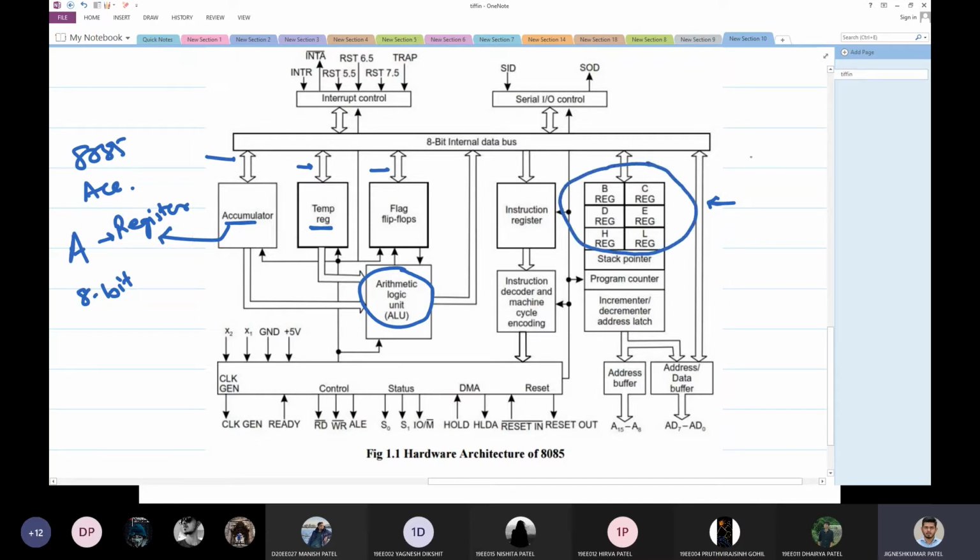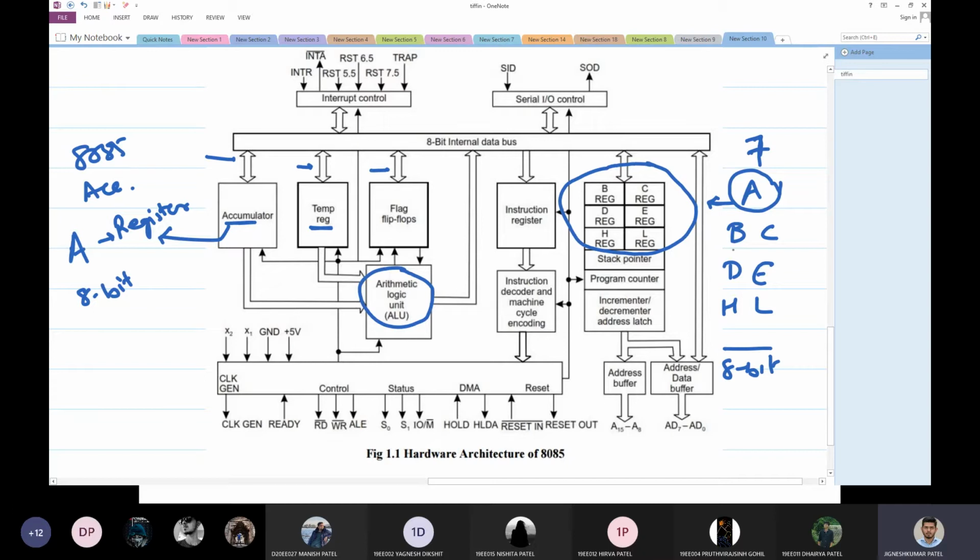So 8085 mainly has 7 registers named A, B, C, D, E and H, L. All of these registers are 8-bit, but the only different register is register A, which is part of all arithmetic and logical instructions.